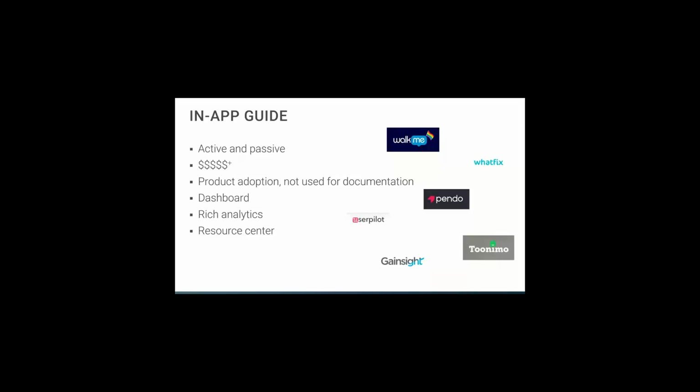So if your documentation is not behind a login, say it's free for anybody to access on the web, then you could have hundreds of thousands of hits on that in-app guide, which is just driving the price higher and higher. If your documentation site is behind a portal, then the in-app guide will know if user A has accessed it 5 times, and it only counts as one-time access. It's only one user, one-time access. So those might be reasons why in-app guides aren't commonly used in